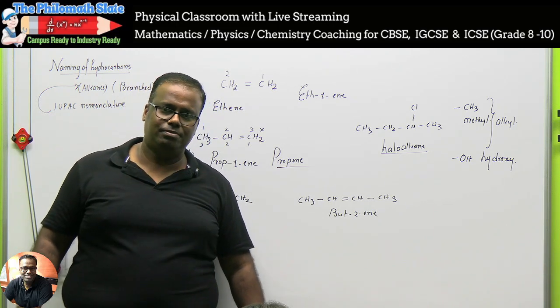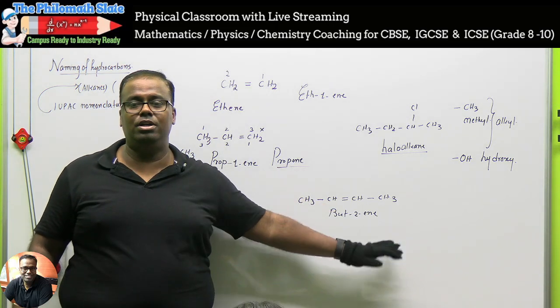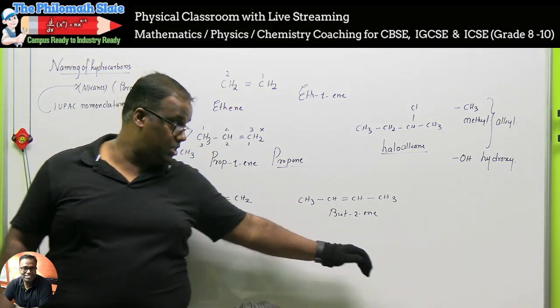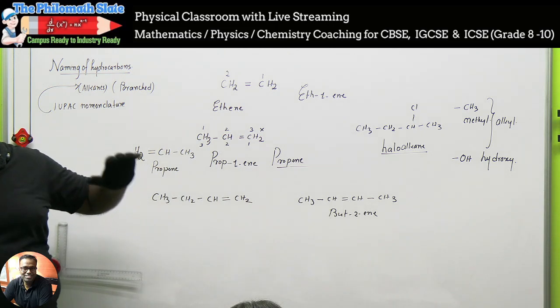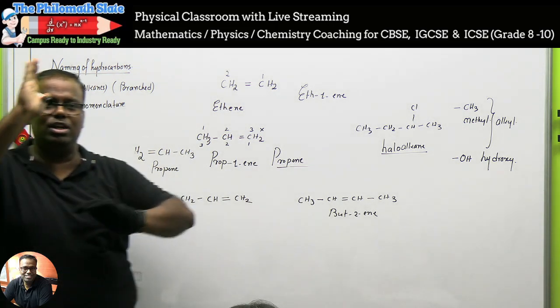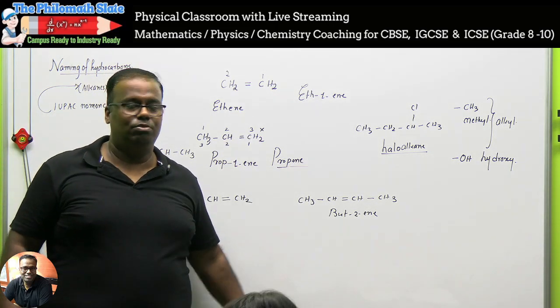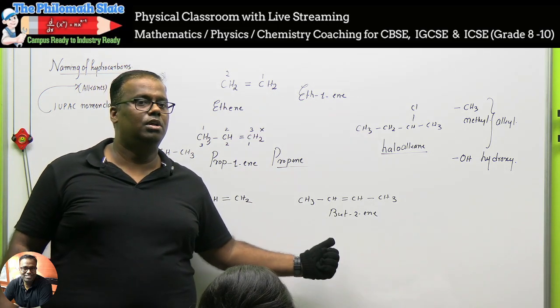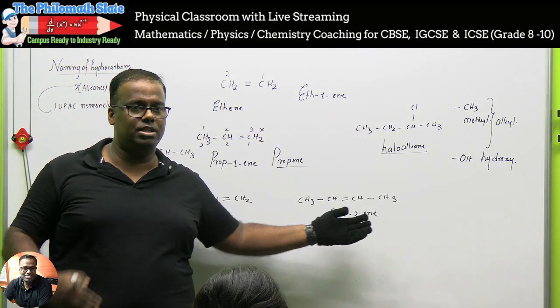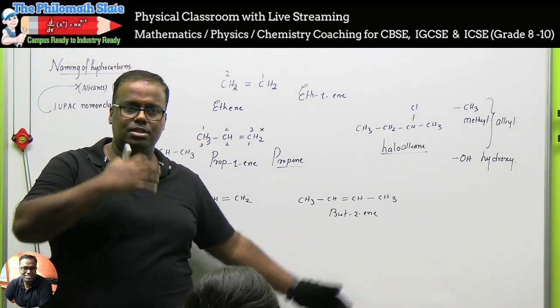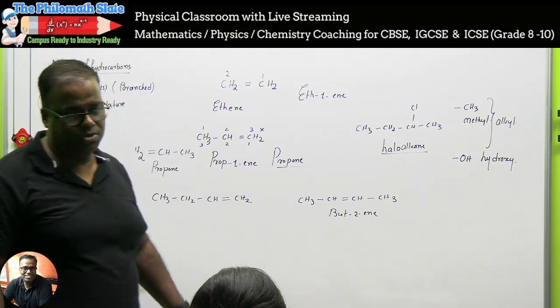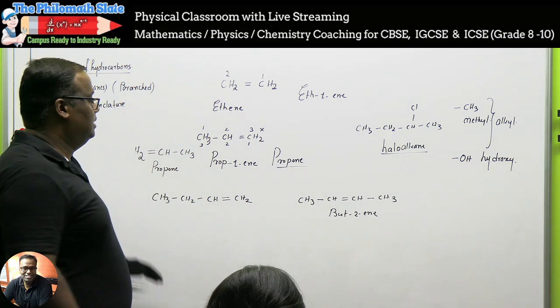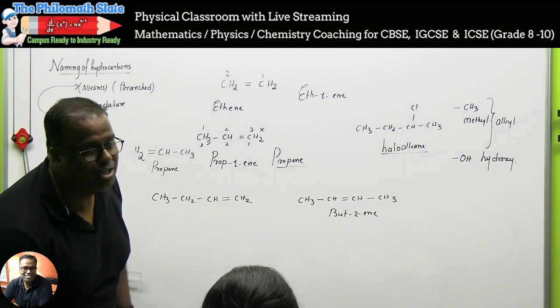Clear? In next class, we will be learning about isomerism. This is isomerism actually. When with the same molecular formula, you can have 2-3 compounds. We will see isomerism and homologous series. That will bring us to the end of hydrocarbons. Then we will get inside alcohols, carboxylic acids, and last one soaps and detergent. It is interesting if you want to